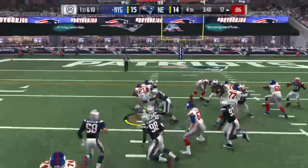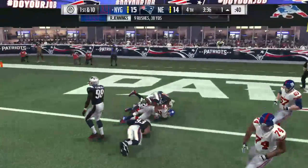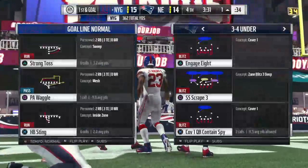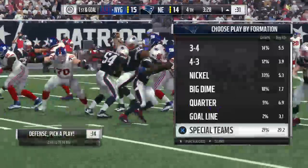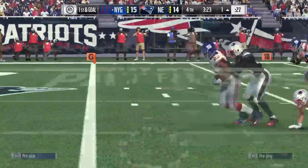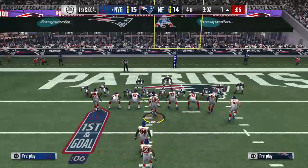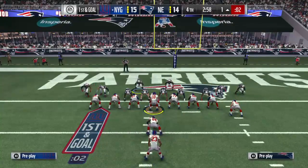Now it's Jennings. And he's brought down. That one goes for 16 yards. It sets him up first and goal. All the elements of what you want out of a play came together on that one. A really nice run, took care of the football, and even more importantly, taking the clock under 4 minutes now. At this stage of the game, how do you bleed out the clock, take care of the ball, and make sure the other team doesn't have a chance to...